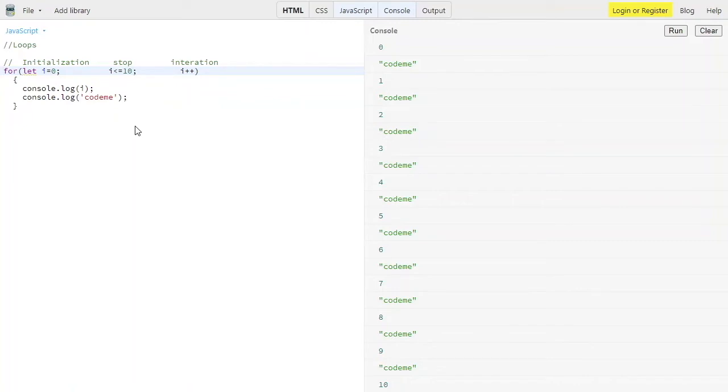So that's a forward loop. Let me show you a very quick example of looping in reverse. I'm just replacing the condition.